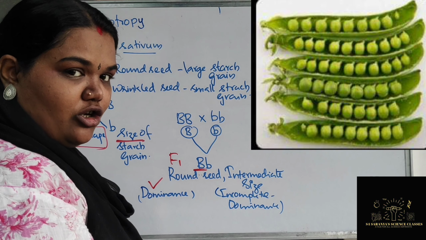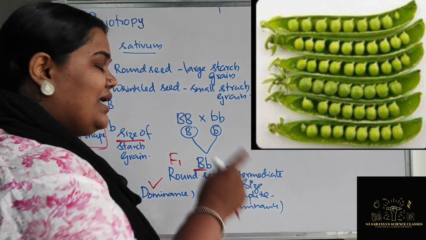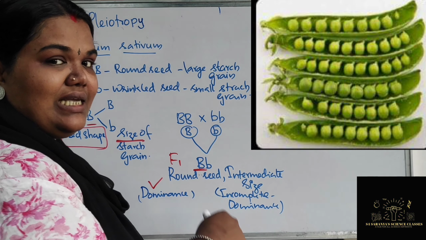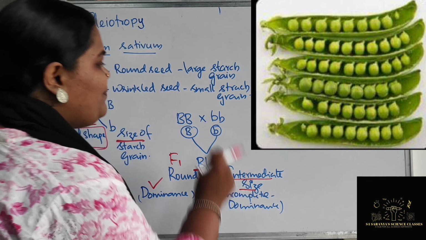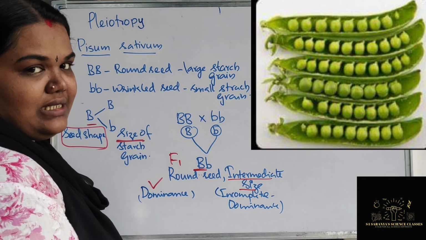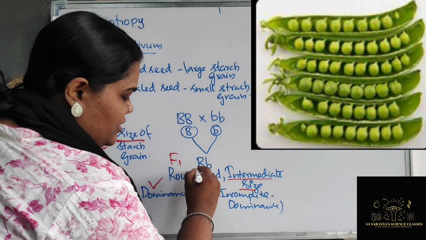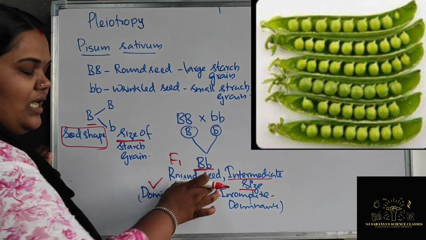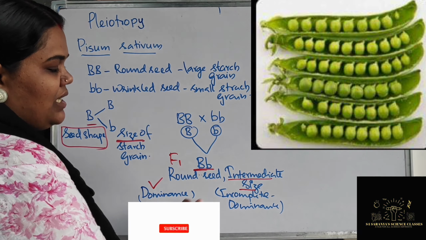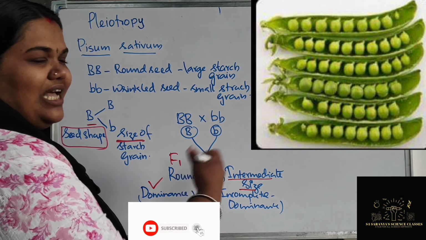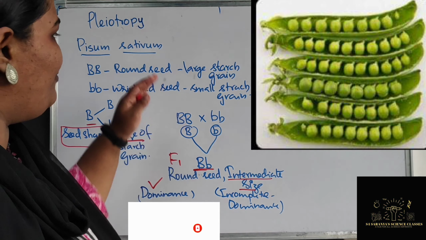But here it is a pleiotropic gene. It will follow incomplete dominance, right? Rather than pleiotropy, here you can see incomplete dominance also. That is why you got an intermediate size. Normally you would get the large size, but instead you get an intermediate size because of the presence of these two alleles. So for shape it follows the law of dominance, Mendelian dominance, but when size comes in, it is non-Mendelian dominance, which is incomplete dominance. I hope it is clear.